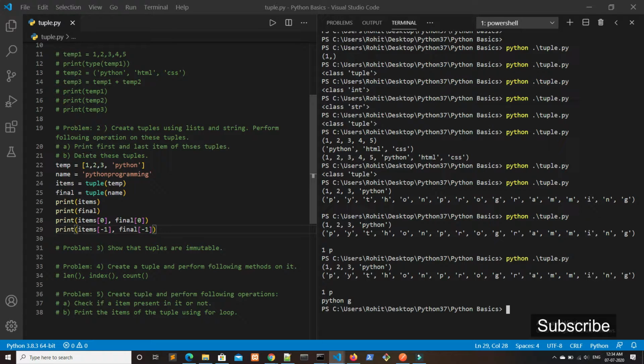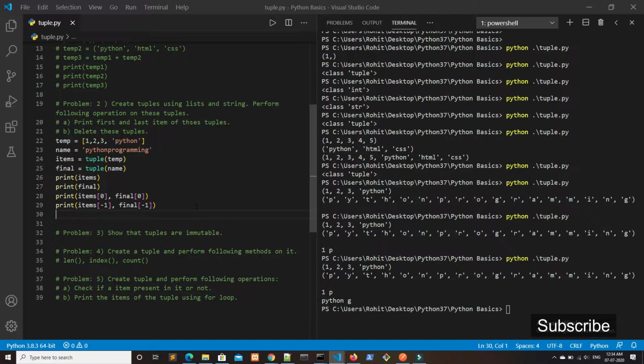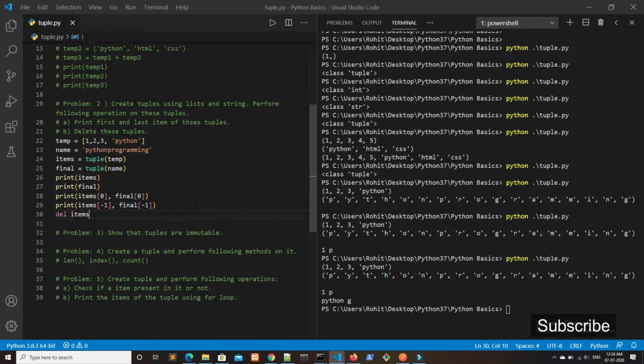In the second part, we have to delete these tuples. To delete the first tuple, that is items, we have to write the keyword del, and then we pass the tuple, that is we want to delete items, and it will delete the tuple items.